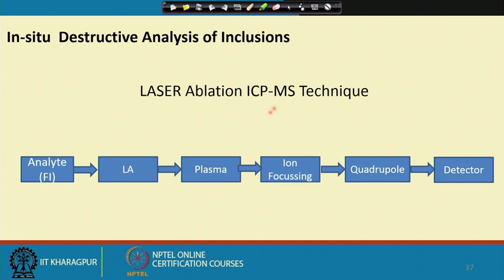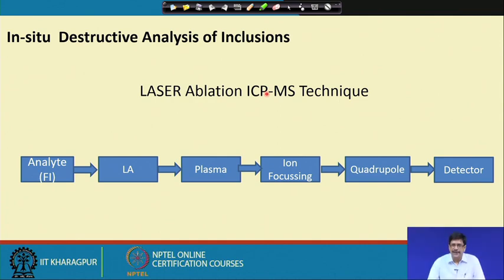It works by bringing the material into a plasma state and then into an ionic state, and the ions are guided and focused through some lenses, by applying proper current and voltage through the cones and then through the ion lenses in particular. They are then guided through a quadrupole, which is essentially 4 rods, where the alternating rods have RF and DC fields, and an appropriate combination lets specific ions, based on their mass by charge ratio, be guided through to be detected by the detector.